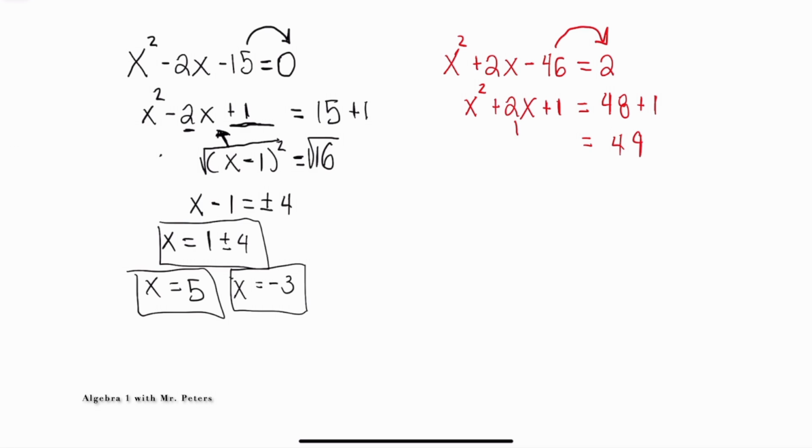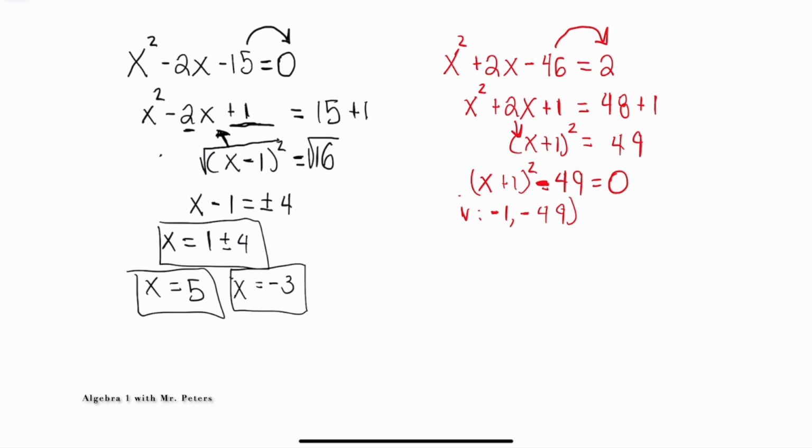The left side, when we break this down to its binomial, is going to be x plus 1 squared. Now, before we solve, if we were switching from standard form to vertex form to identify the vertex of a parabola when we graph, we would have x plus 1 squared minus 49 is equal to 0. So when we identify the vertex, it would be -1,